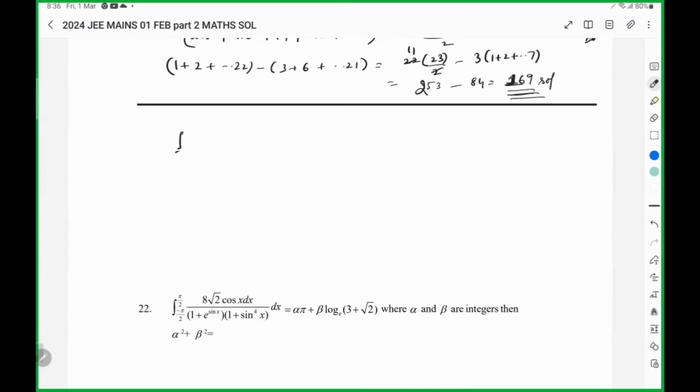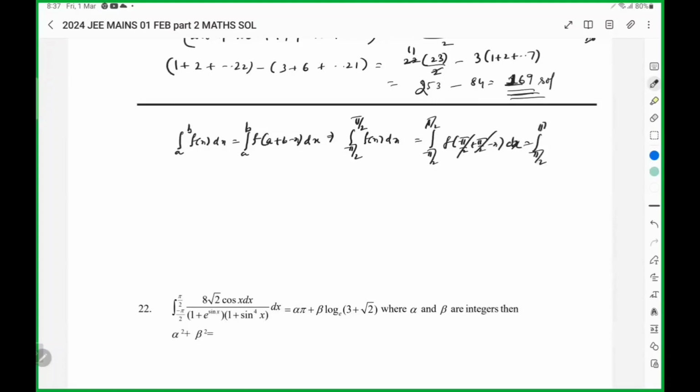Integral a to b of f(x) dx is the same as integral a to b of f(a plus b minus x) dx. So based on this formula, f(x) dx is the same as f of minus pi by 2 plus pi by 2 minus x dx, which is f of minus x dx. So if you consider this integral,